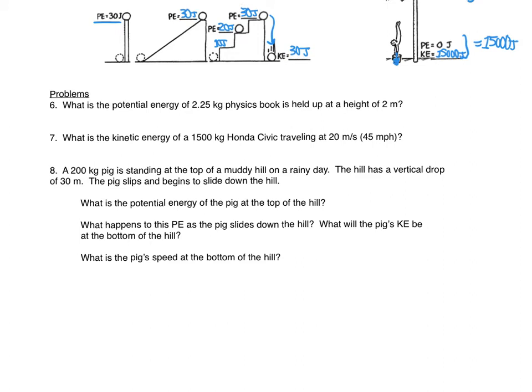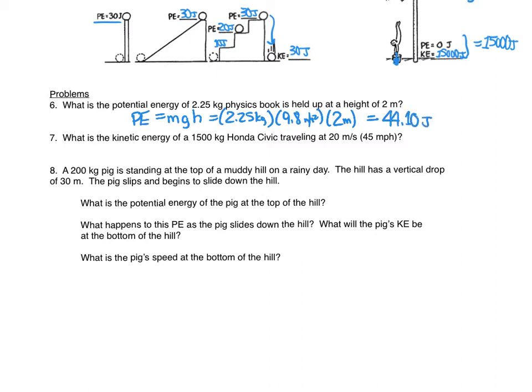Number 6 just says, what is the potential energy of a physics book that's held at 2 meters? We used to actually use a book, but I haven't used a book in 8 years at least. If we do our calculation here, potential energy is mass times the acceleration due to gravity times height. So 2.25 kilos times 9.8 meters per second squared, and a height of 2 meters. If I roll that out on my calculator, 2.25 times 9.8 times 2, that gives me 44.10